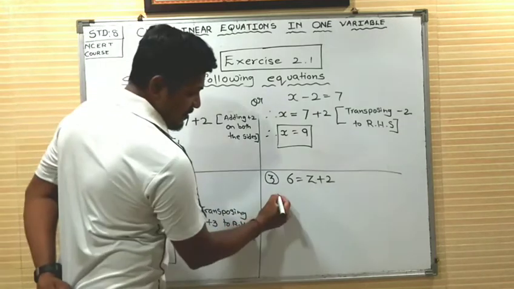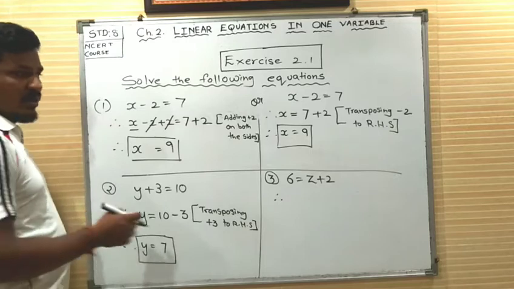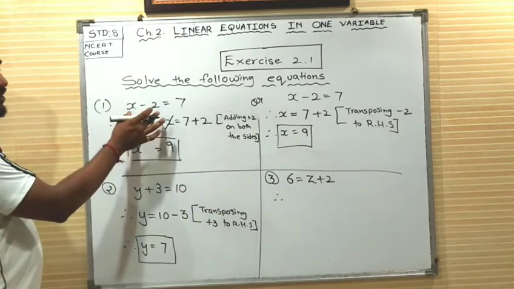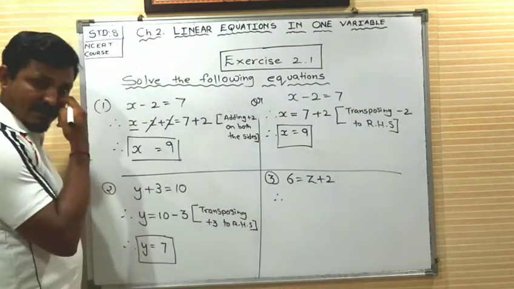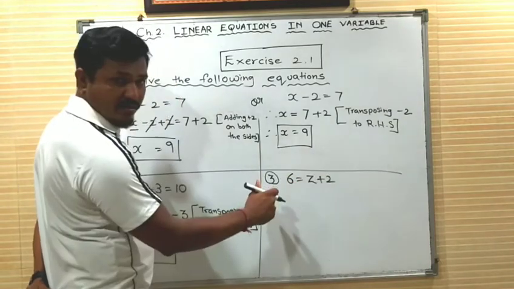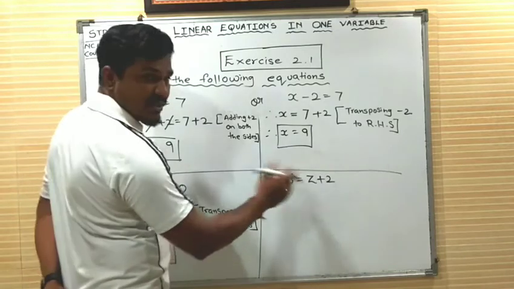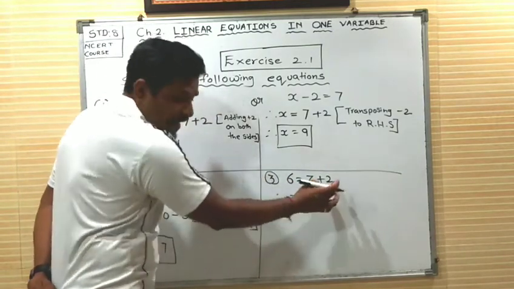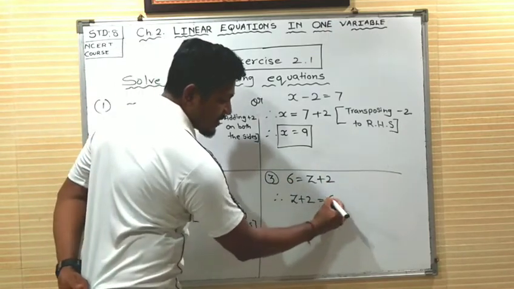Now see, let us take the another sum. See, these are same only. Only here till now the expression are there on the left hand side. Now here the expression are on right hand side. Same. Now here you have to transpose 2 on left hand side. Or if you want to make it easier, what I will do, I will just interchange the value. I will write whole expression on left hand side and I will take this 6 on right hand side.